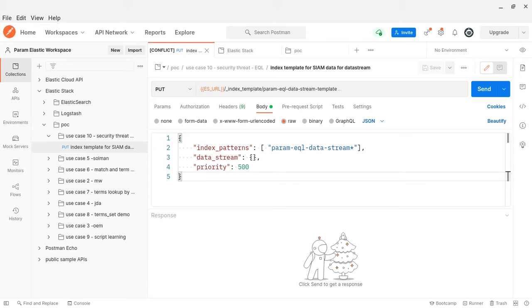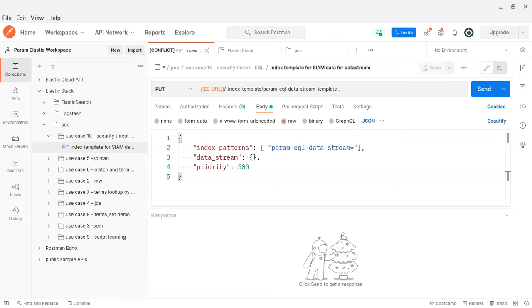This is the last video with respect to EQL, the Event Query Language. The purpose of the Event Query Language is mostly correlation. We can check for a sequence or order of events, something like that. Of course, it has a set of syntax and a set of functions. All of those things are explained in my previous videos.